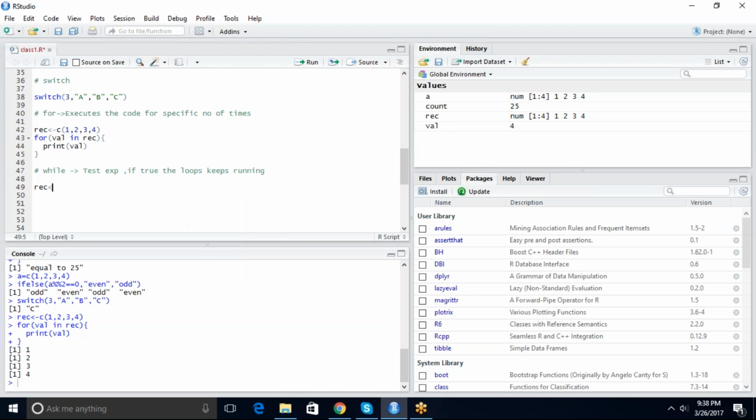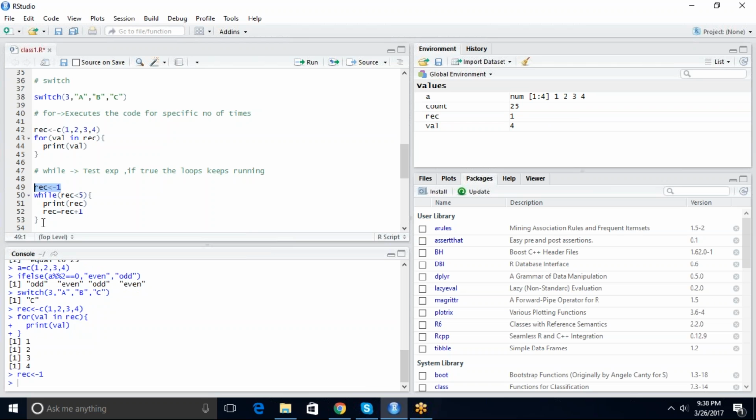Okay, so again we'll say rec is 1, and now we'll say while rec is less than 5, print rec, rec is equal to rec plus 1. Okay, so first we'll assign the value of rec as 1, and then when we run this code,